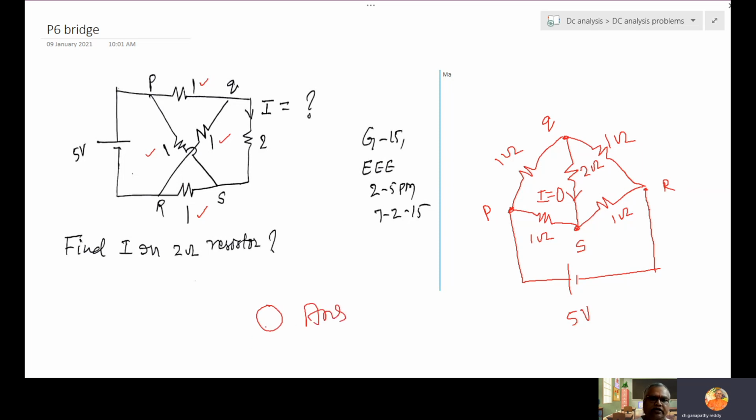If you don't get this idea, keep on simplifying using series parallel, if not star delta, or use mesh analysis, nodal analysis. A lot of time will be wasted. So in any competitive examination, it is not labor work, it is smart work. You should get an idea in fraction of seconds, not in minutes. Then you can solve within a minute.